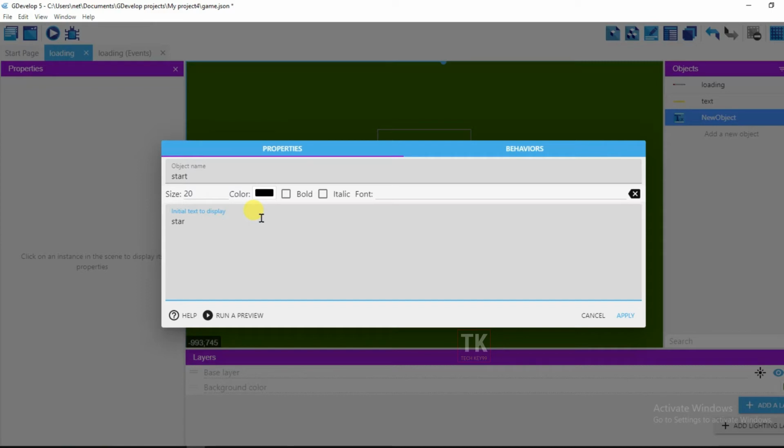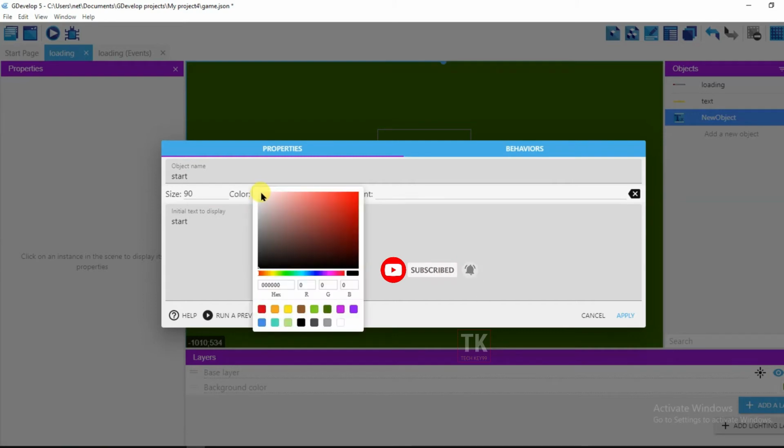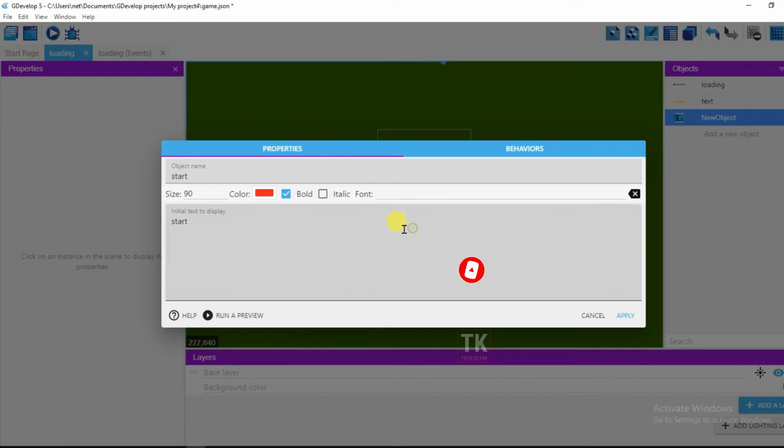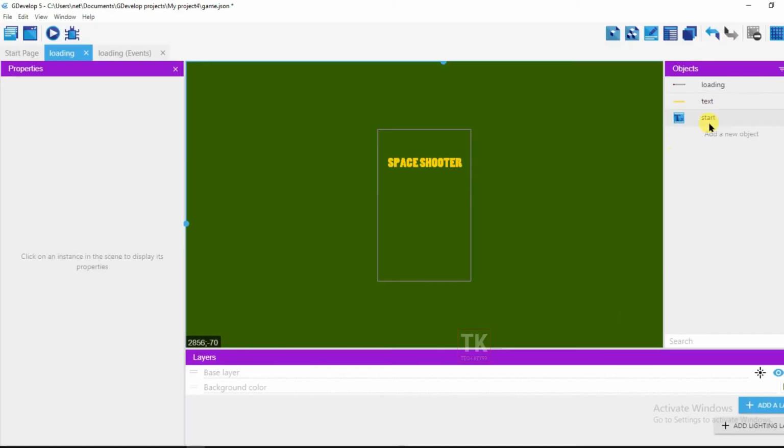start, and change its size to 90, bold, this one will be red, and click on apply and drag this text on the screen here. Okay,